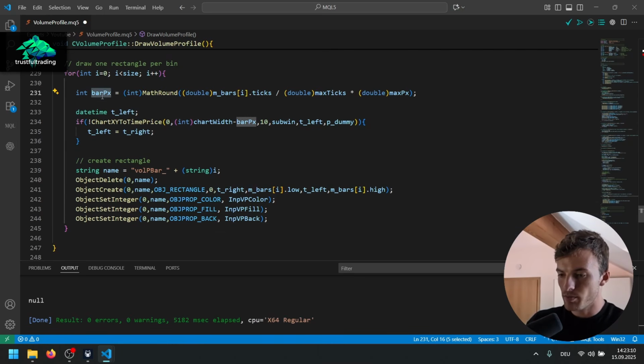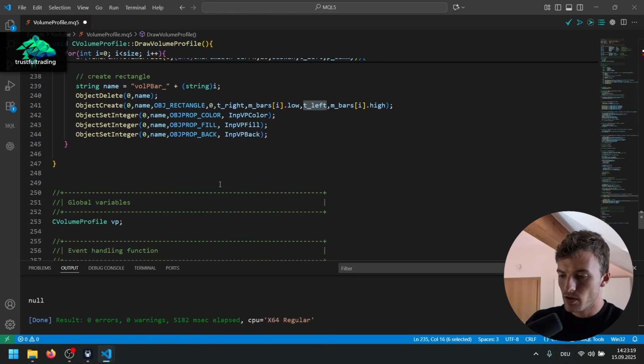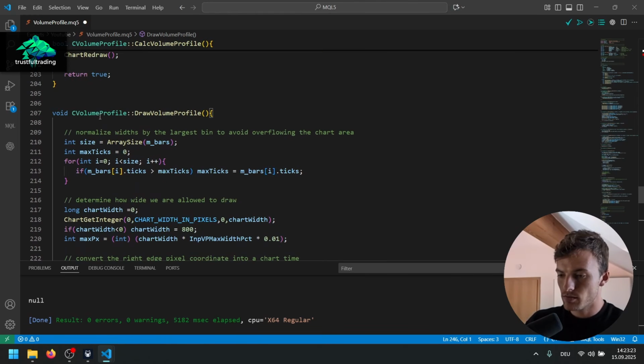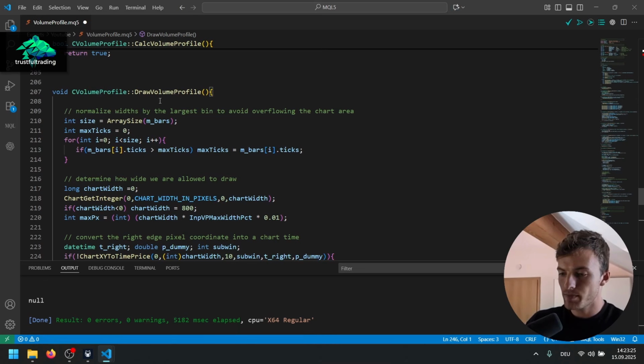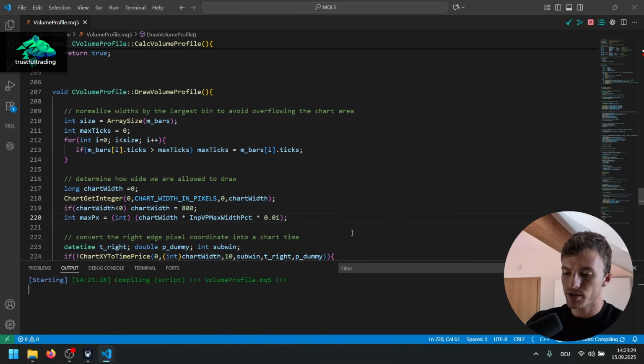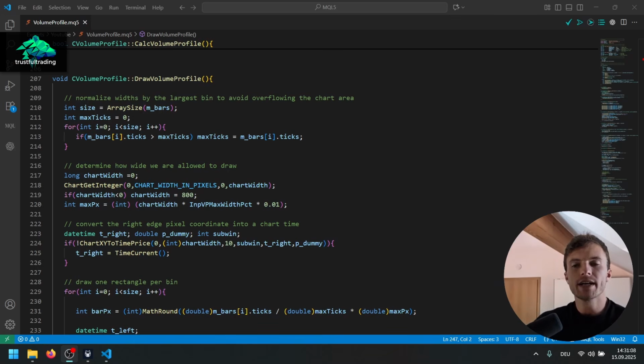We get the bar pixels. We set the left side, and then we draw the rectangle. Okay, I think that's also it for the function. We don't need to return, it's a void function. So let's first of all compile, make sure that we don't have any mistakes. Okay, and now one of the last steps we need to do is to update the on chart event function